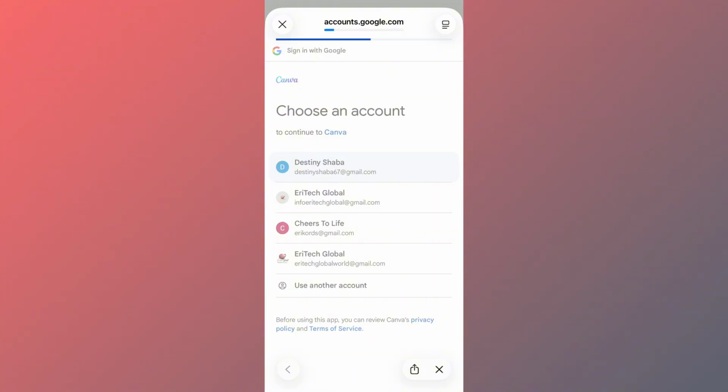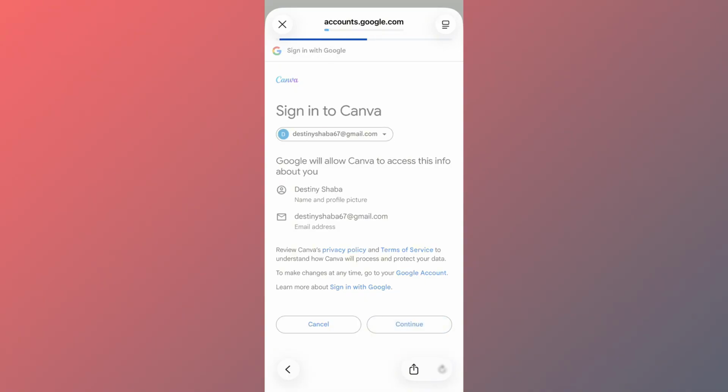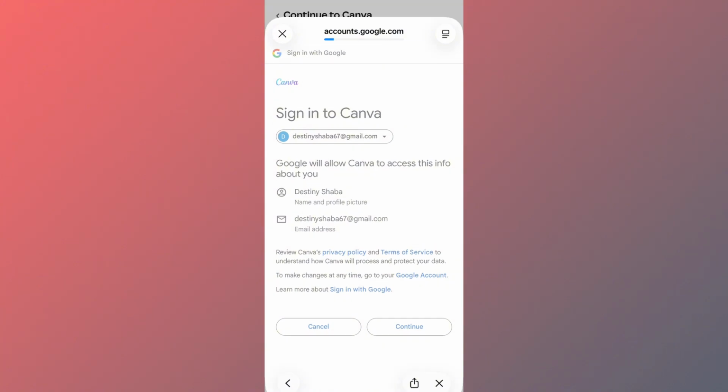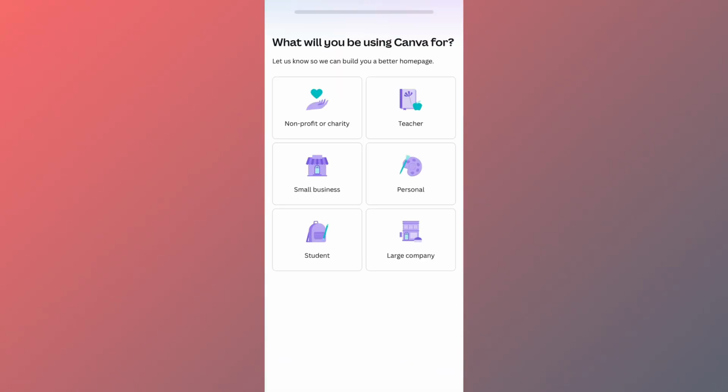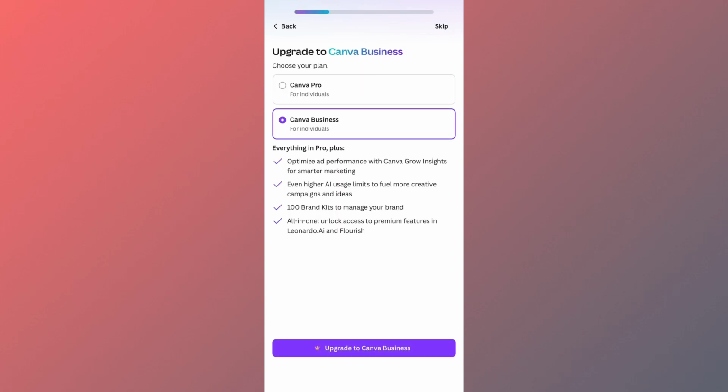So it's loading. Yes, so we click on continue. Let's see. So it's loading. Okay. So here now it has opened up. So you read everything you see on your screen. So the first thing is, what will you be using Canva for? So here now you are going to click on anything you want to be using Canva for. See that for small business, you click it. For me, small business,